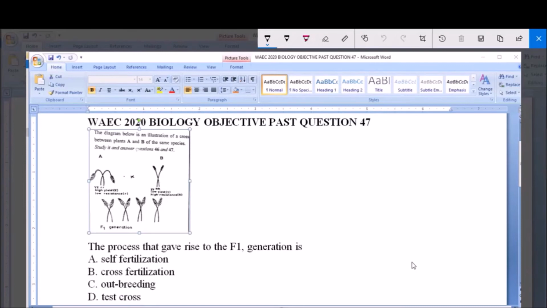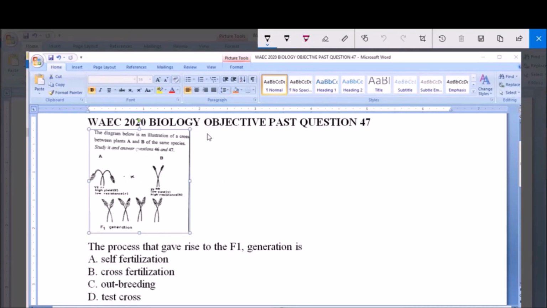Hello and welcome. I will be answering WAEC 2020 Biology Objective Past Question 47. So you have this diagram, which is an illustration of a cross between plants. And now the question is, the process that gave rise to the F1 generation is A, self-fertilization, B, cross-fertilization, C,